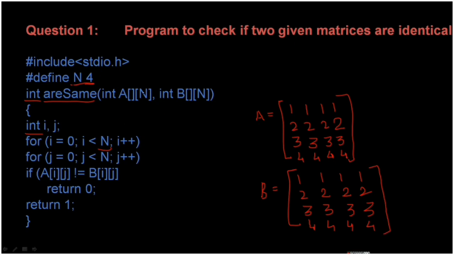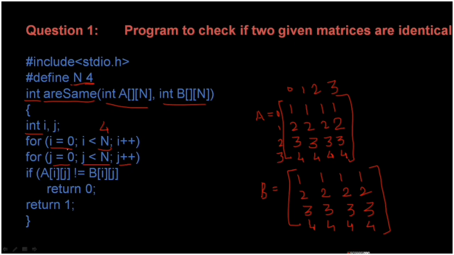So now we are checking whether both the matrices are identical or not. So we have passed this matrix here and this matrix here when calling the function areSame. We have taken the two variables of integer data type, i and j. i is starting with 0 and will go up to less than 4, that is 0, 1, 2 and 3, and i plus plus. In the same manner, j starts from 0. j will also go up to 3, that is less than 4, and j plus plus. So here this is the index 0, 1, 2 and 3. Here this is also 0, 1, 2 and 3.